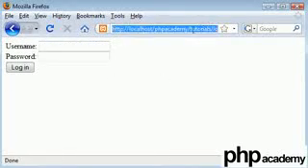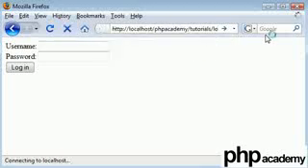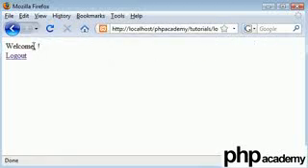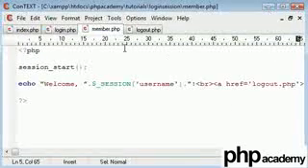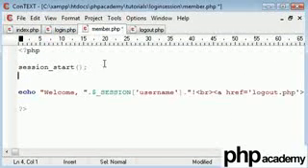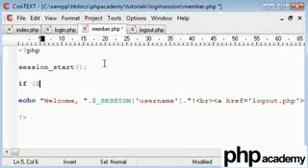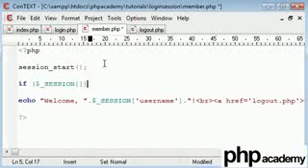So I assume now I've been logged out. Let's try and go back to our member.php page, and we've got no variable here. Now you're not going to want the user to have access to this page because they haven't been logged in in the first place. So what we're going to say here is session_start, and I'm going to say if session and the session name,